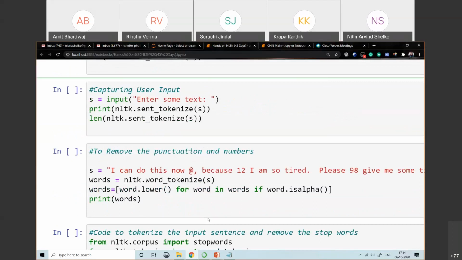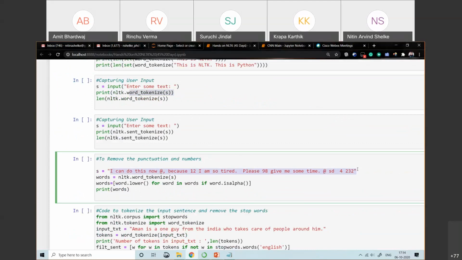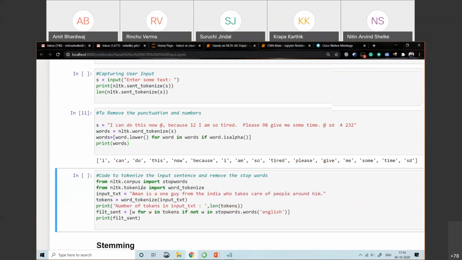Then we shifted over to removing punctuation and numbers from the text. First we convert the text into tokens, and then we apply the isalpha method to remove the punctuation and numbers from the text.